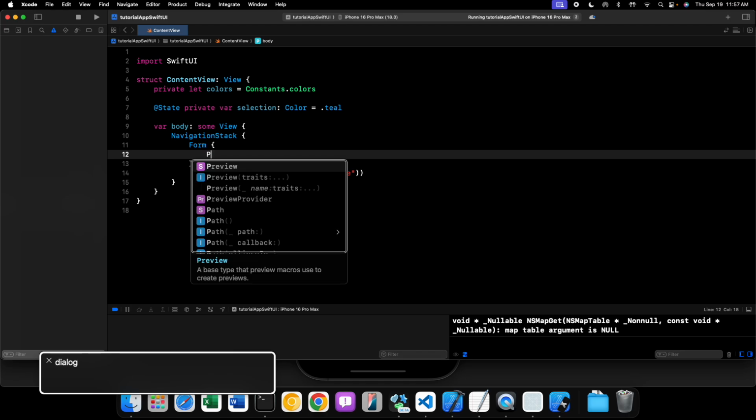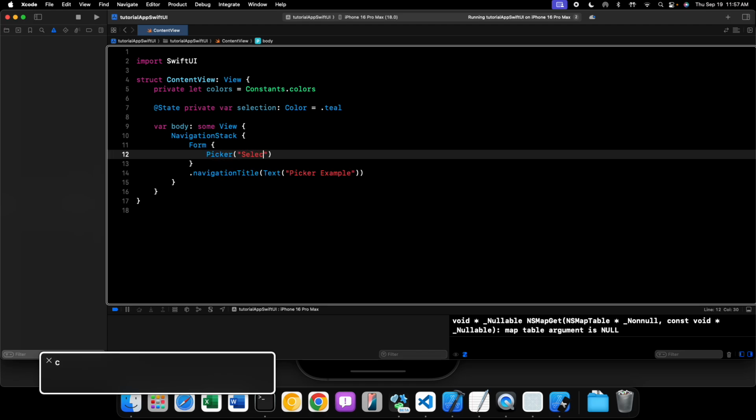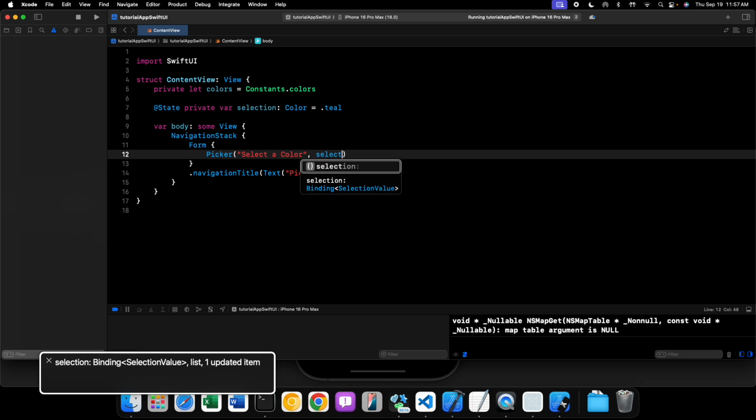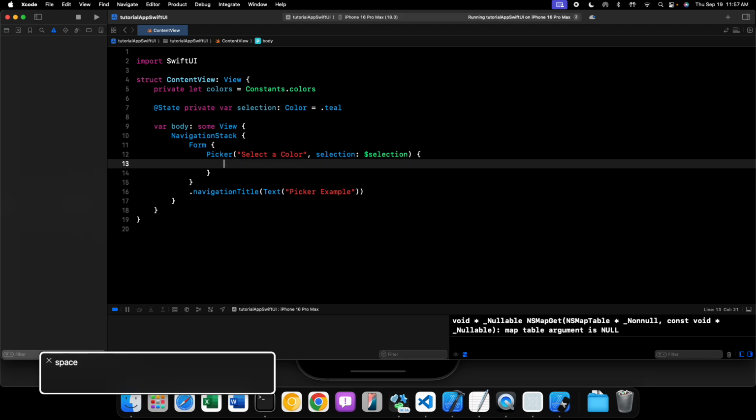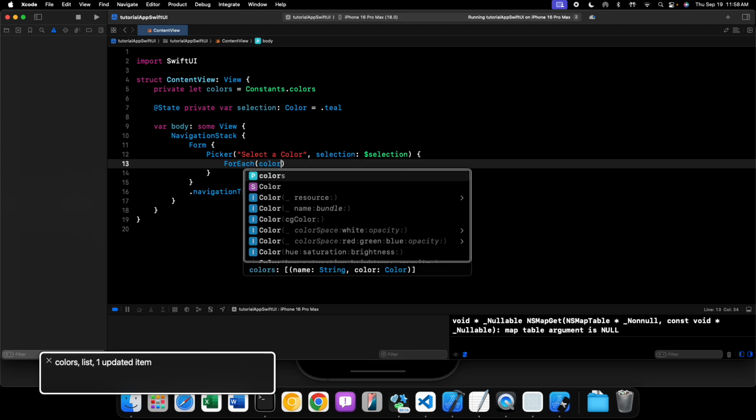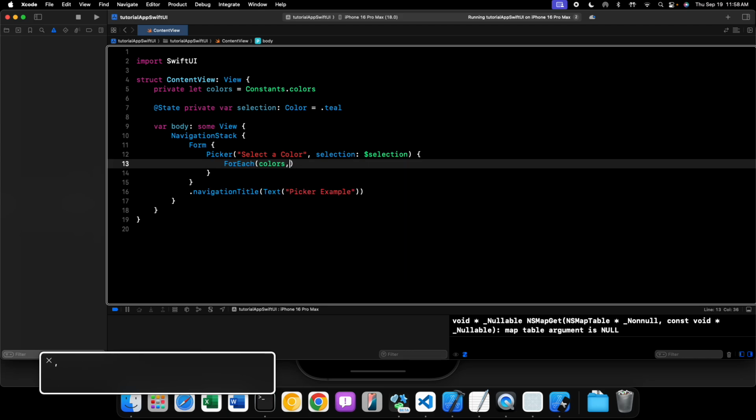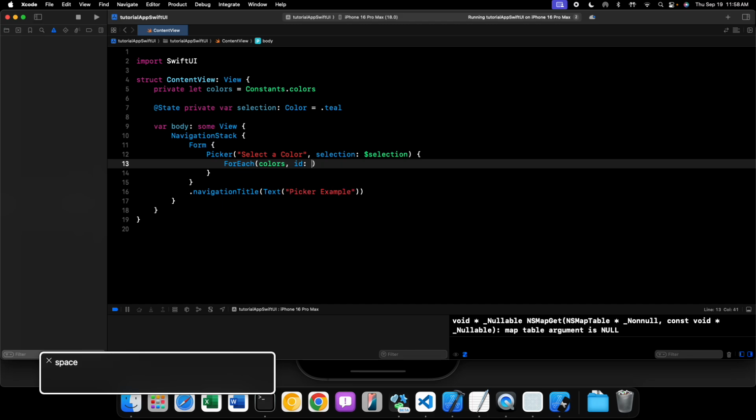So we'll say capital P Picker, "Select a color", comma, selection, $selection, and then we give it a trailing closure for its content. Inside of here, we're going to use a ForEach view to loop through all of the potential options. So we'll say ForEach colors, and the ID to identify it is going to be